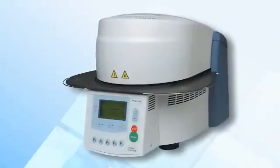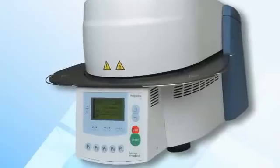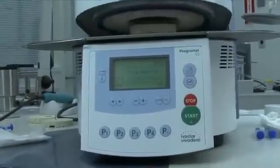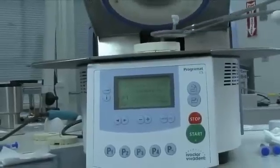IPS e.max CAD's firing parameters are pre-programmed in the Programat CS furnace. To fire IPS e.max CAD, simply choose the IPS e.max CAD crystallization and glaze program. Open the furnace head. Place your restoration on the firing table